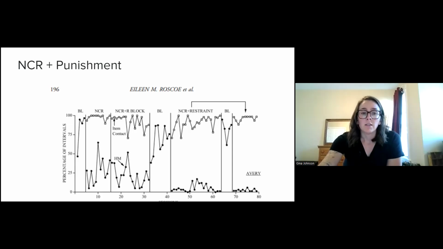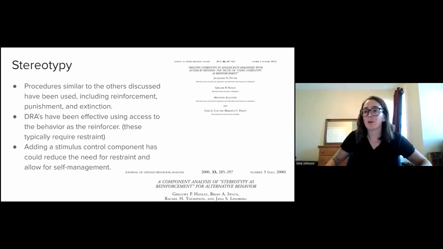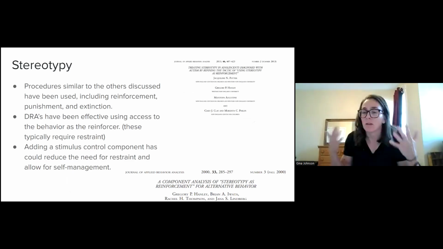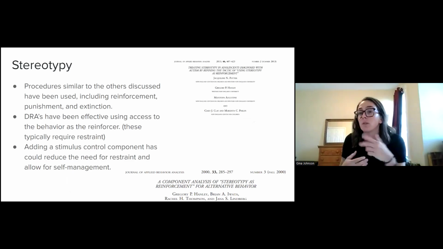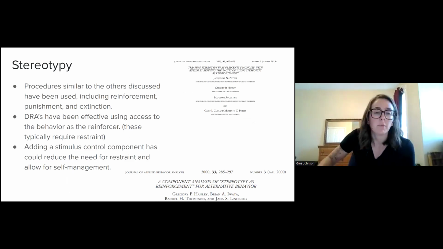Okay. So I thought that was really interesting, the addition of all of those different components. And then the last example here is with stereotypy, and I think this is a really interesting discussion because this is the thing we probably see the most. We have motor stereotypy, which is hand flapping, repetitive motor movements, rocking, something like that. But we also have vocal stereotypy, which is repetitive vocal behaviors. I think Holly brought that up as an example.